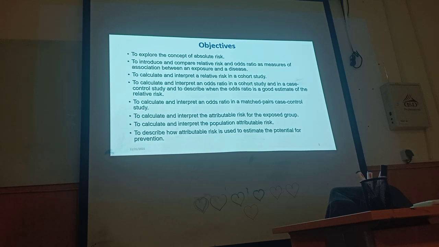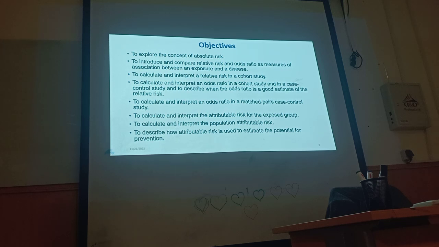as measures of association. So we will be talking about the measures of association this session: to calculate and interpret a relative risk in a cohort study, and to calculate and interpret an odds ratio in a cohort study and a case control study, and to describe when the odds ratio is a good estimate of relative risk or risk ratio, and to calculate and interpret odds ratio in a matched pair case control study, to calculate and interpret the